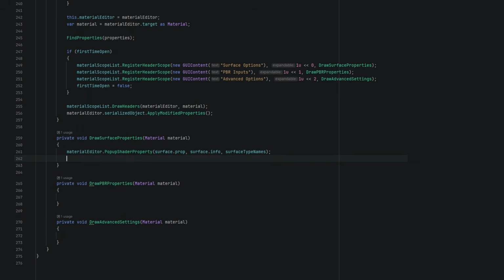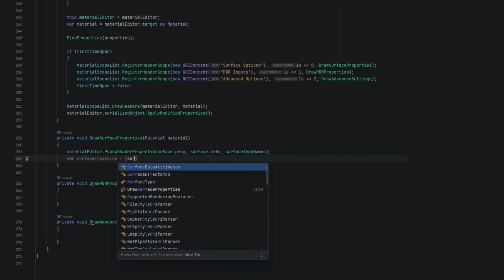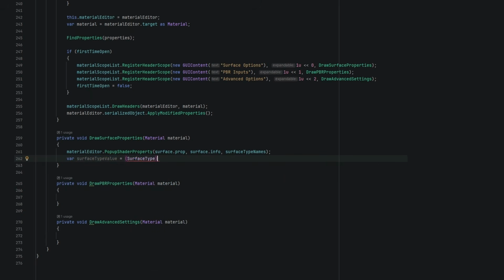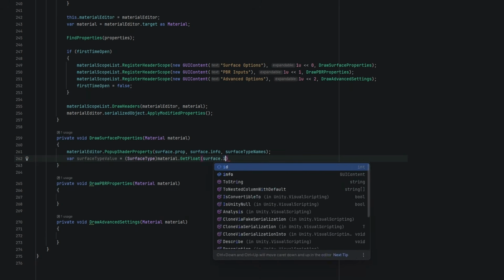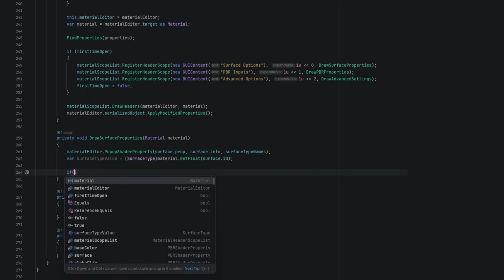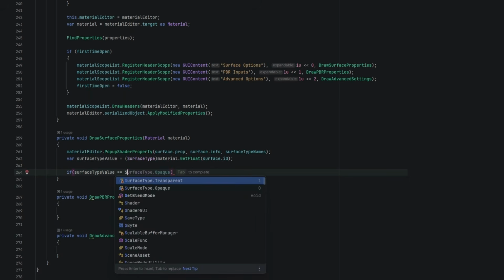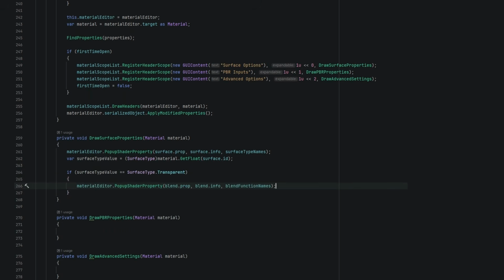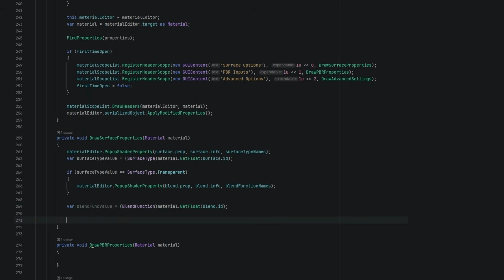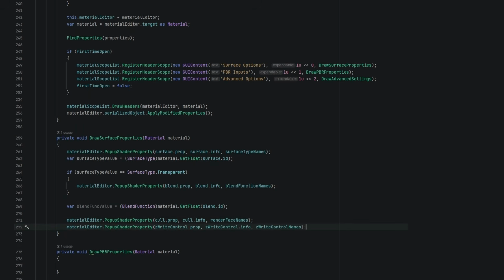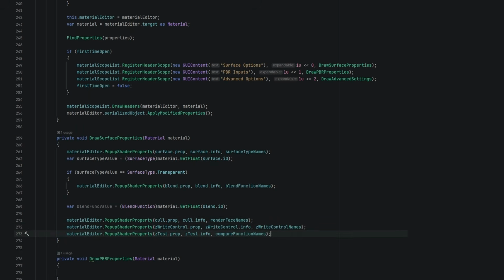Next, I want to draw the option to choose the blend function, but I only really need to display this if the object is transparent, so we can first use the GetFloat method to get the value of the surface property. If the object is transparent, then we'll display the blend property using the same PopUpShaderProperty method. Let's also save the blend value into a variable for later. Next, we can use the pop-up shader property to display the cull, Z-write control, and Z-test properties, followed by the